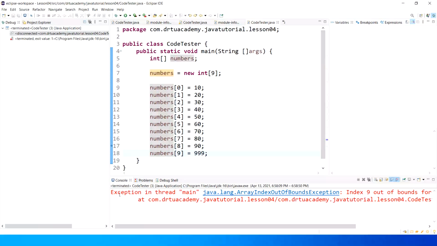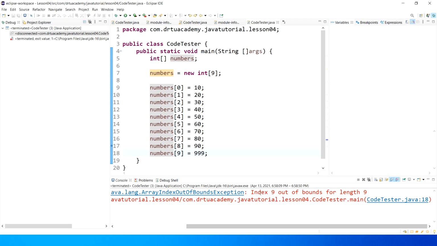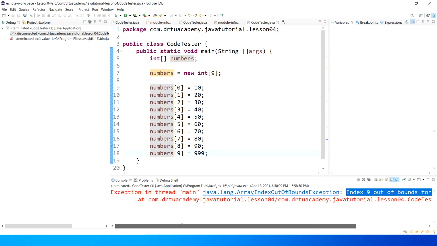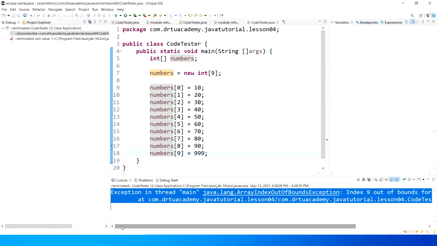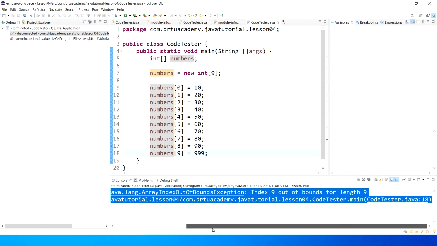See? Exception in thread main. Index 9 out of bounds for the length of 9. So next time when you see errors, when you run the program, you get the array index out of bounds